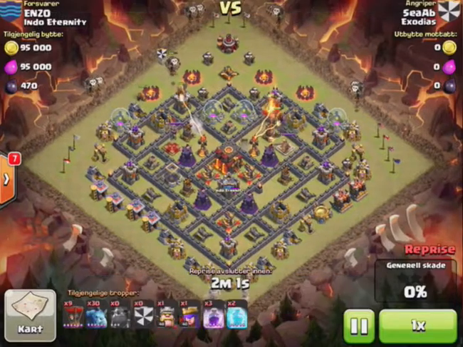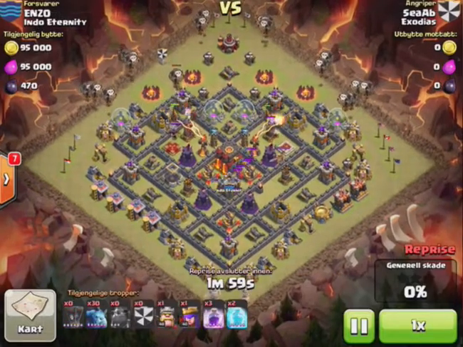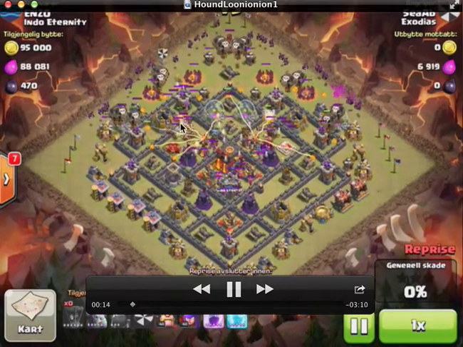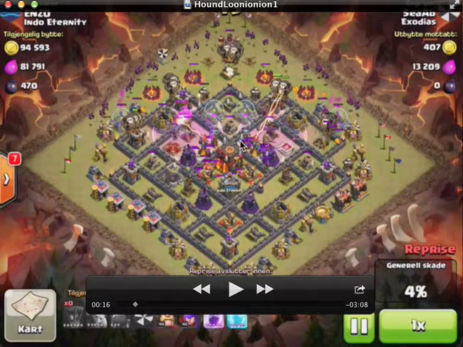So let's keep on with the raid. You can see the hounds both come into the ADs. The first 2 hounds blow up, but because he's got 4 hounds, you'll notice that the hounds are still taking all the fire, which means all the loons and all the minions are taking absolutely no fire at this stage of the attack. So what he's then done is he's dropped 2 rages, and he's dropped the rages so the loons can work through the ADs, the infernos, and the whiz towers fairly quick and get to the second air defences. He then should drop